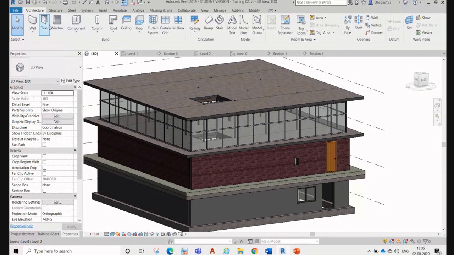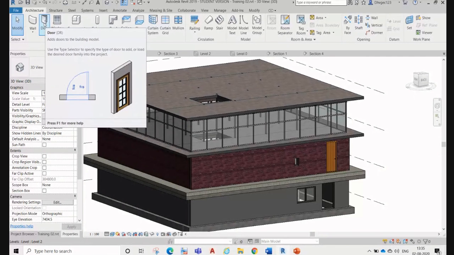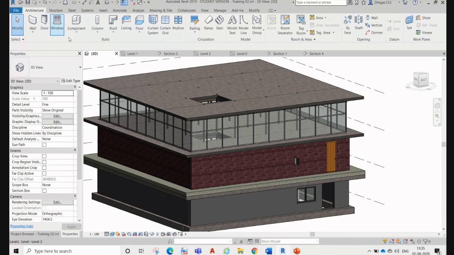Then we discussed how we can put a door, how we can load a door family from outside our library, same with the window, and that's it. We tried to put the ceiling but could not put it properly. So next week we'll start from zero with the architectural template, so that we will find all the architectural elements inside of that, and we will not face any problem.